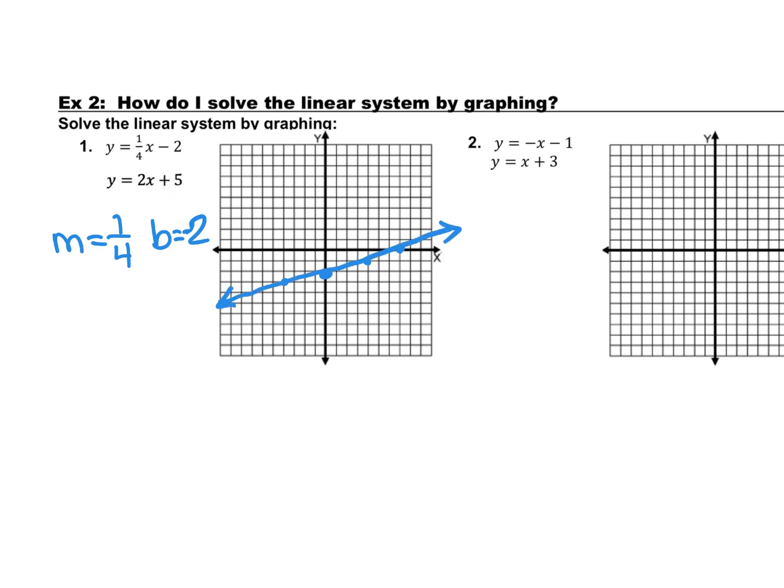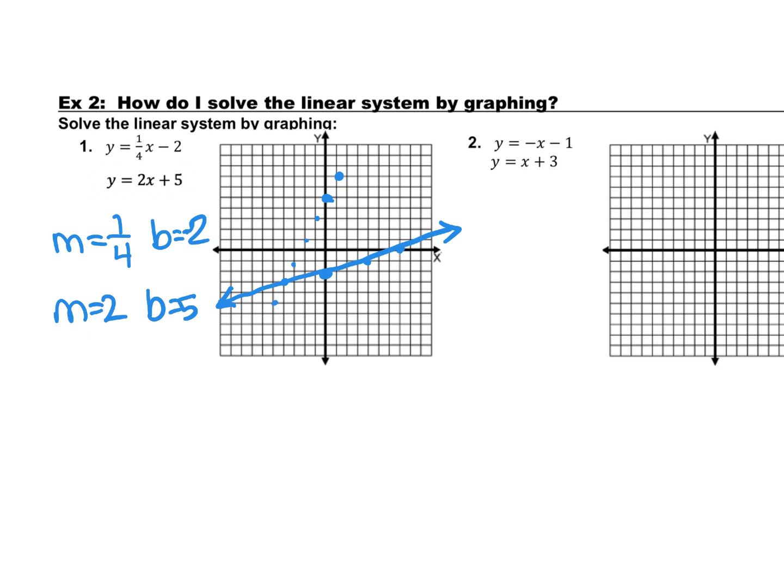So I have y is equal to 2x plus 5, and so I'm going to have a slope of 2 and a y-intercept of 5. So I'm going to start on the 5. And then I'm going up 2 over 1. Well, I'm going to back up. I'm going to go down to -1. Remember, two negatives end up making a positive. And just so I make sure that I'm going to run into the right line,